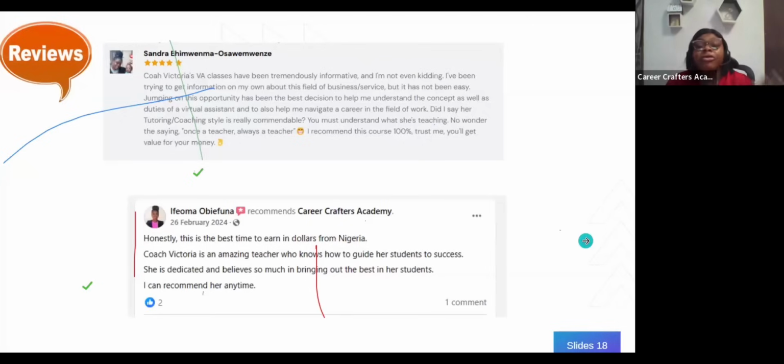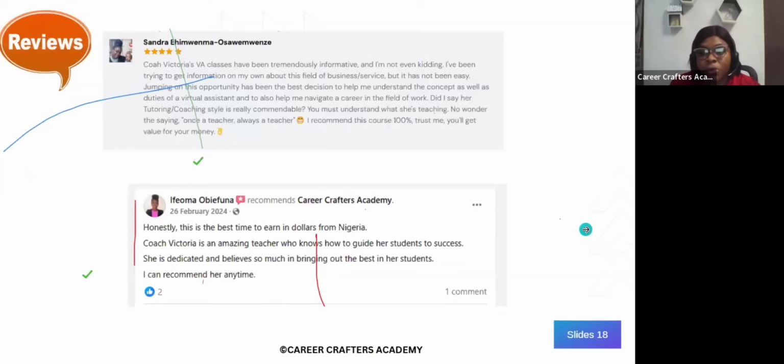So we have real life proof. I am not hiding my face to say it. We have real life proof of people who have gone through our training and who are doing very well. We have students who got remote jobs in Nigeria, like Nigerian companies who want people who are working remotely, right? They pay them in naira. We also have people whose pay is in dollars. Even those who have gotten naira jobs are still working towards getting better and higher jobs. So we have proof of our results.